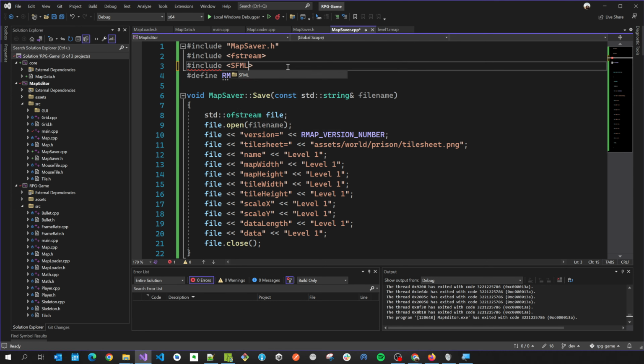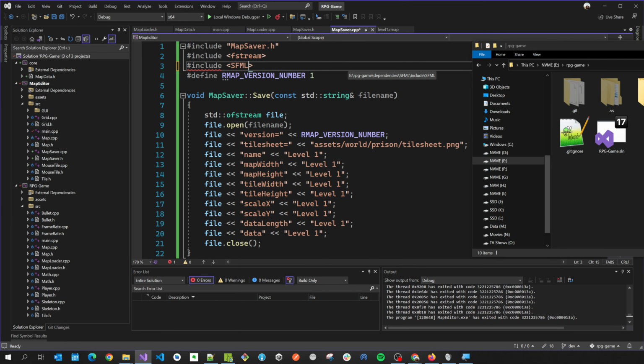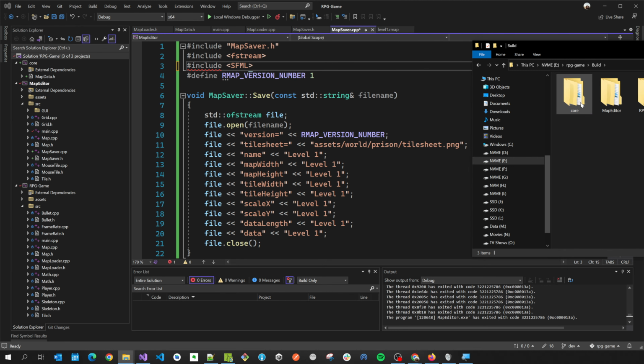For SFML, I believe you have to do SFML include SFML. Okay, so what I'm gonna do, I'm gonna modify this slightly. Look, dependencies, you have to do SFML include has SFML, and here just core include and the files here. So I want here a folder called core. Okay, so we'll do that. So let's modify this slightly,